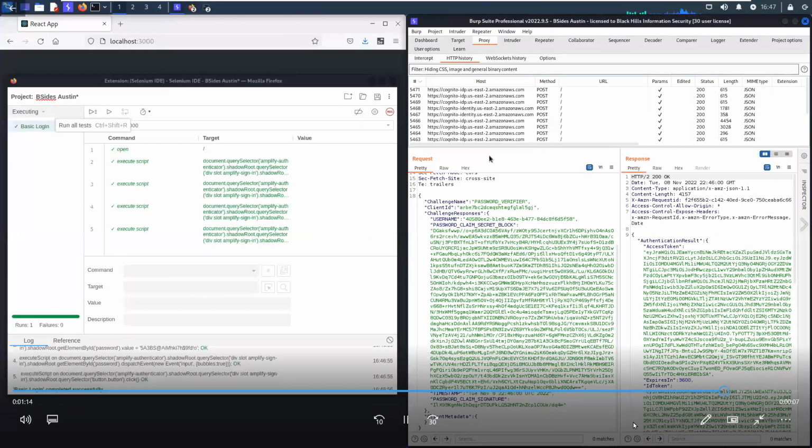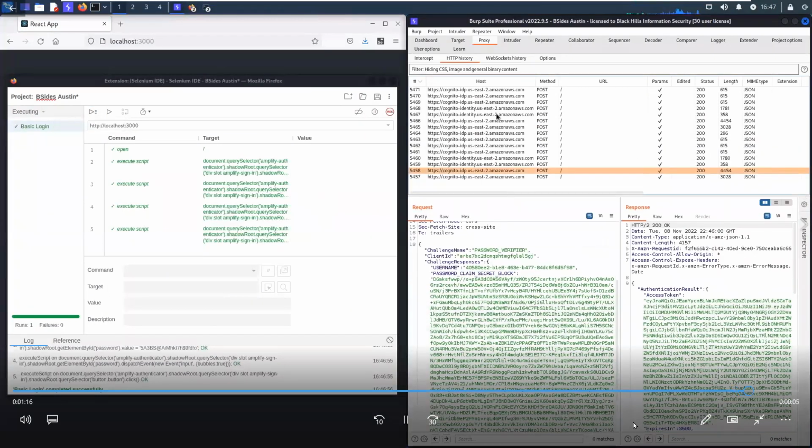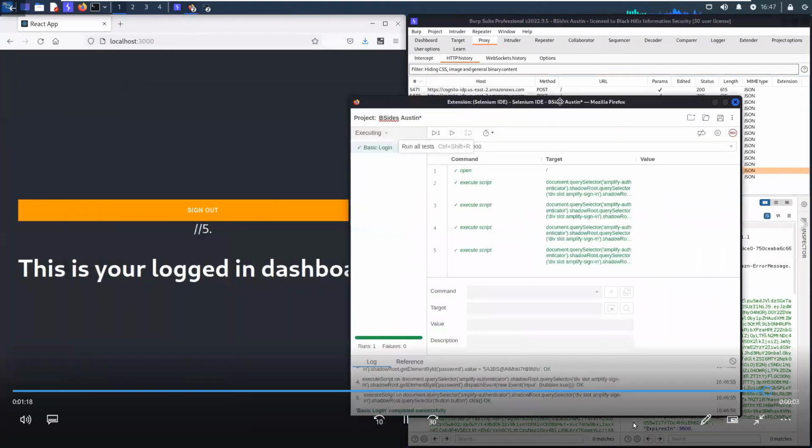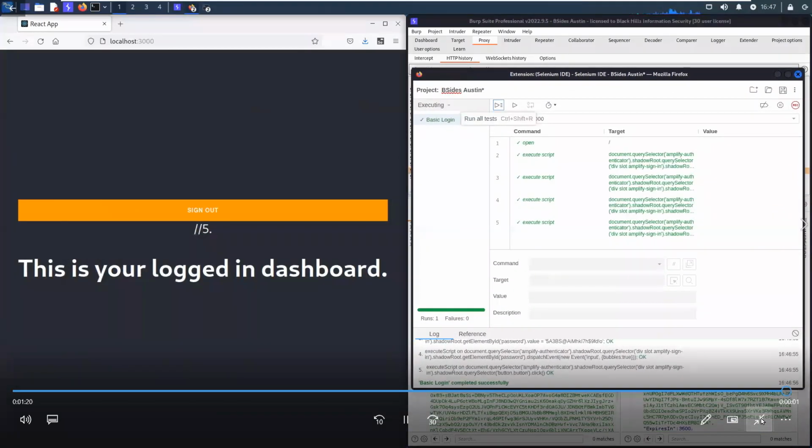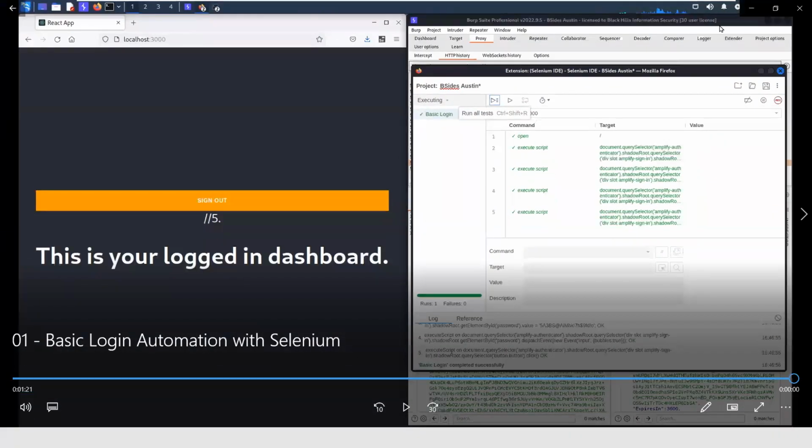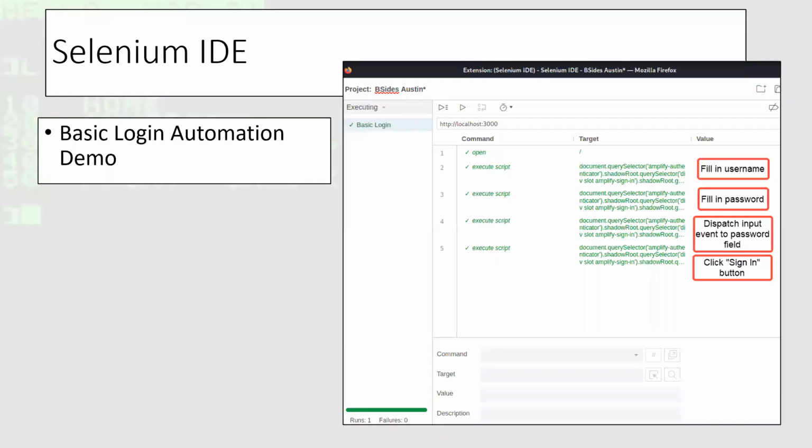Again, just to give you an idea, I don't know if you're like me, but I like seeing things get automated. I just have fun watching the browser do things without me clicking anything. I just find that fascinating. But all right, so that's a basic